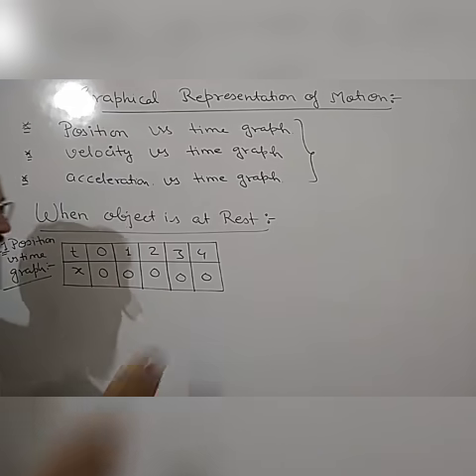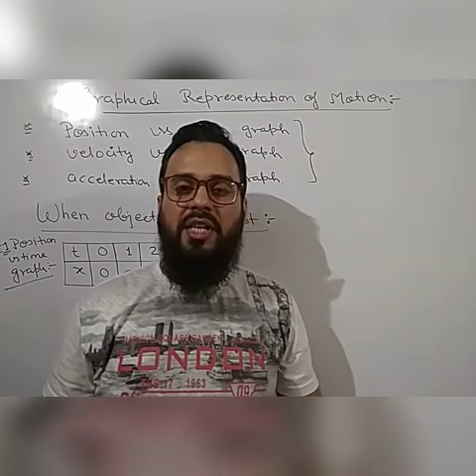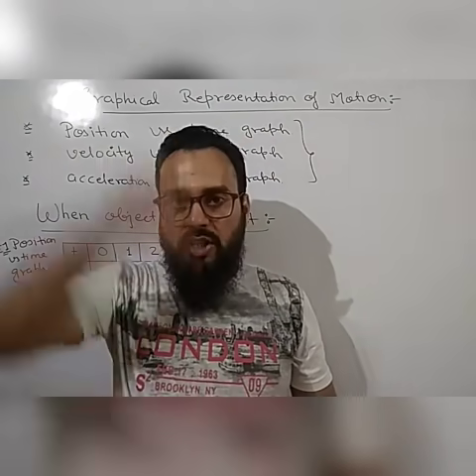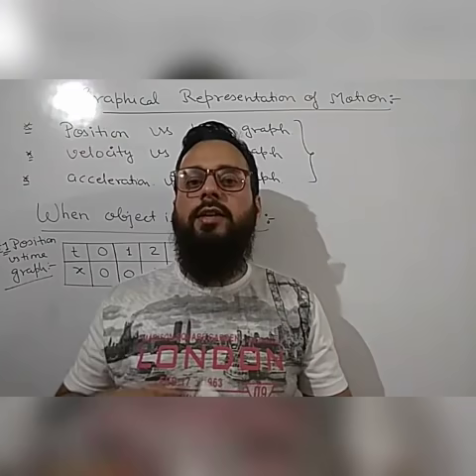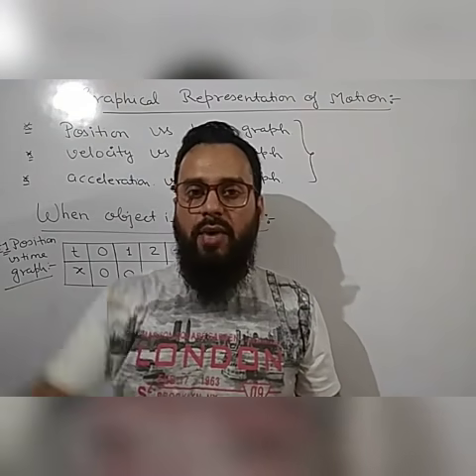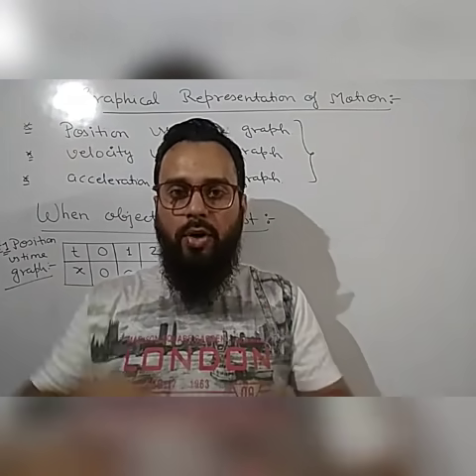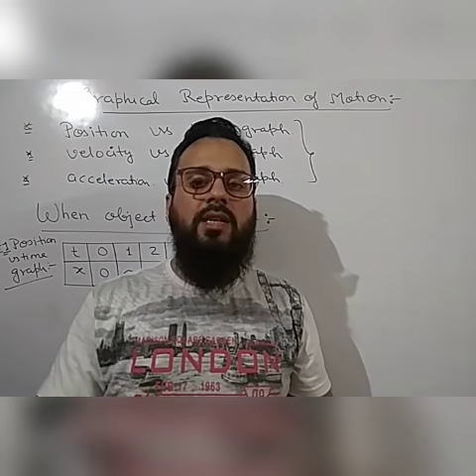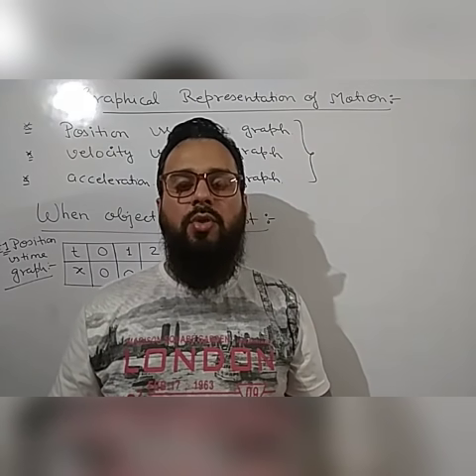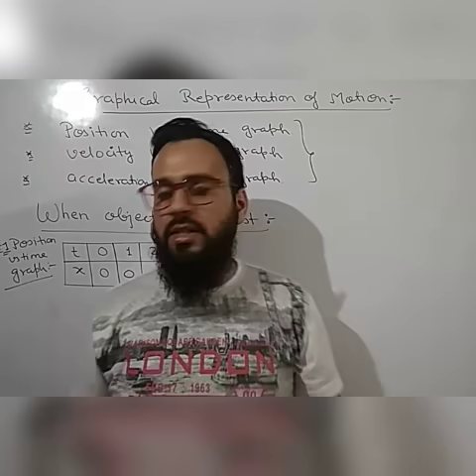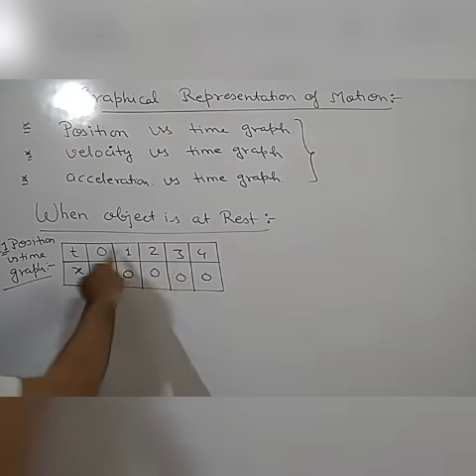Why are these all 0? Because I am standing here. It means I am not in motion with respect to this frame of reference which is connected to me, that is the x-axis and y-axis connected to my body. So with respect to that particular frame of reference, I am not changing my position. It means x will be 0 and t will be changing.